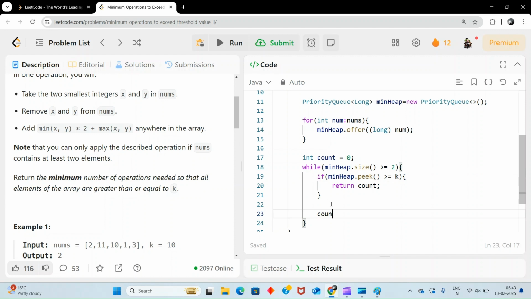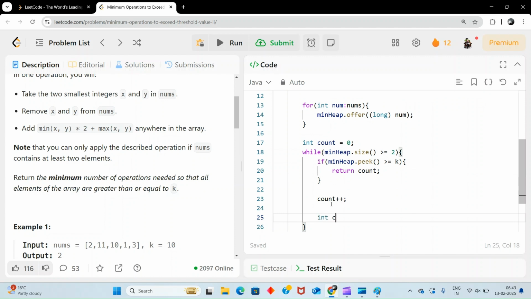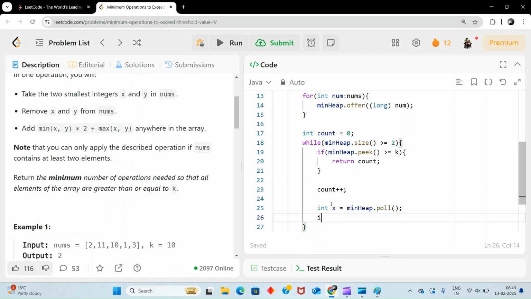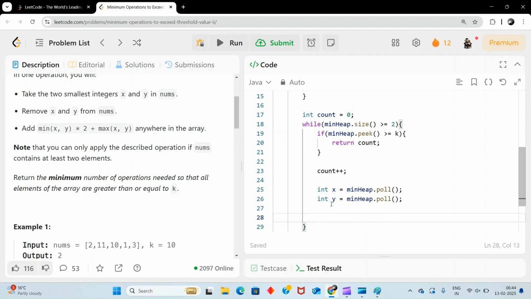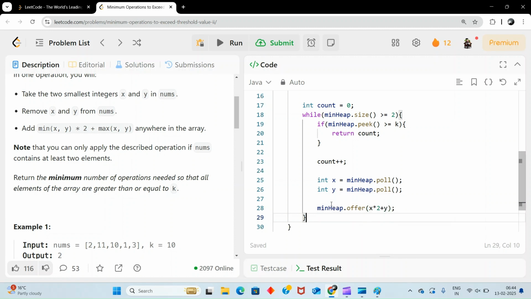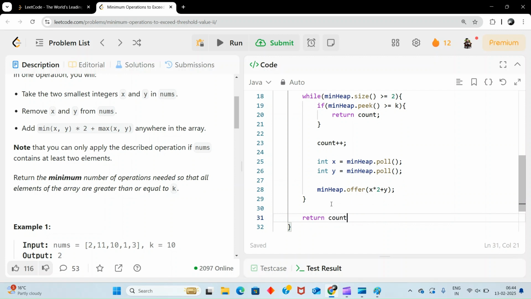Now if it is smaller, that means count plus plus, and we take int x equal to min heap dot poll, int y equal to min heap dot poll. Now min heap dot offer x into 2 plus y, and then we'll return our count anyway.